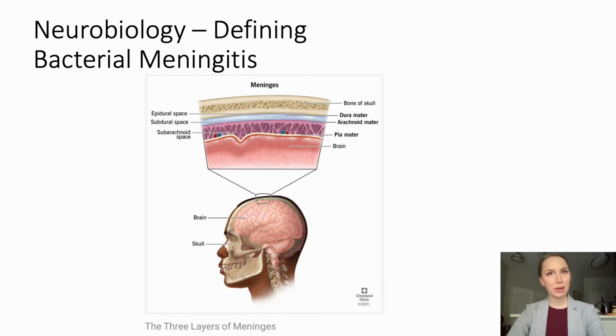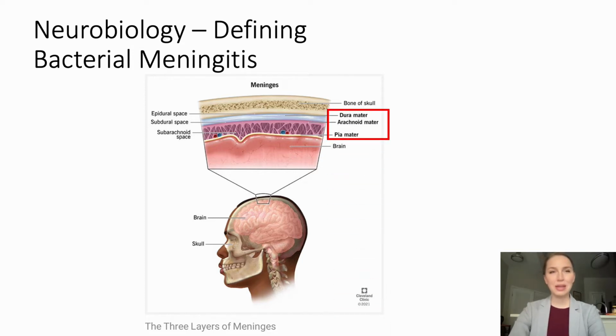Firstly, let's define bacterial meningitis and what that really means. It's helpful to first define what the meninges are. The meninges are a protective layer of tissue that lies deep to the skull and superficial to the neural tissue. There are 3 layers of the meninges. Starting superficially, the 3 layers are the dura mater, the arachnoid mater, and the pia mater, as indicated in the